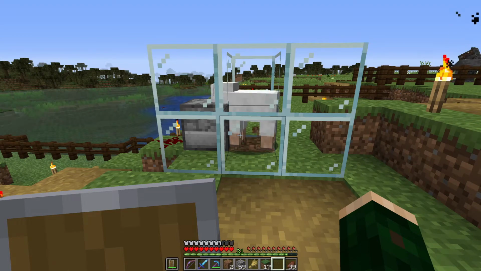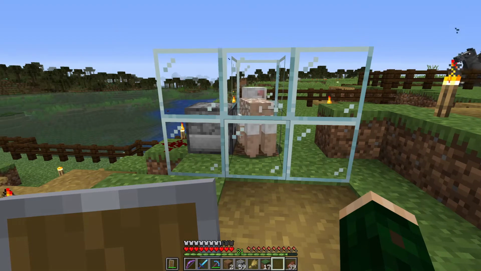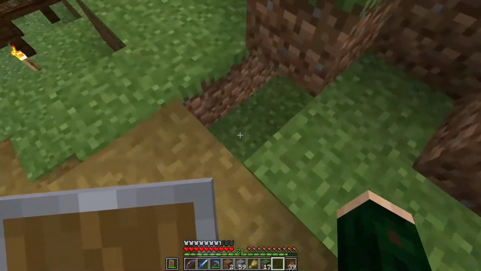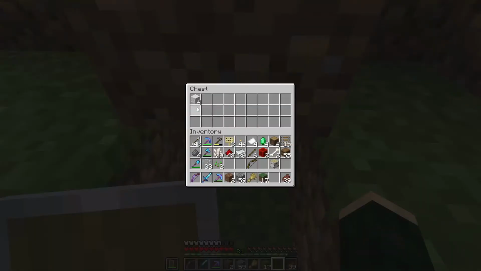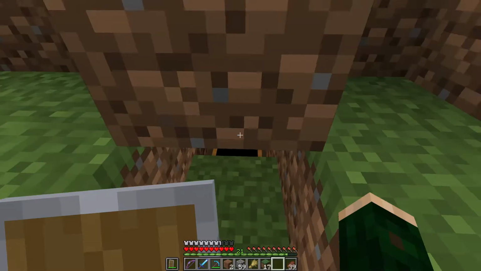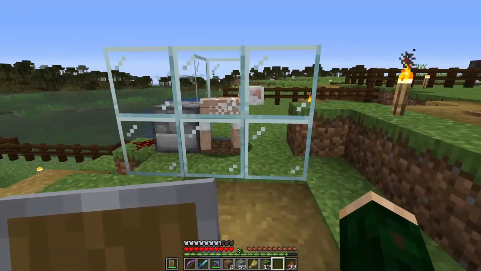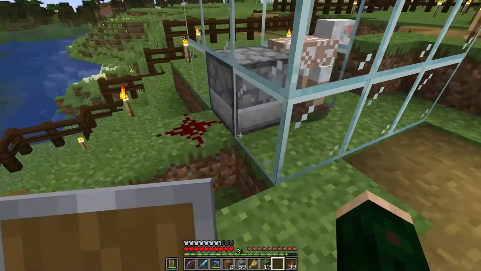There we go. He ate. He grew wool. He was sheared. And looks like the system collected the wool also. Yep, now we have 4 instead of 3. When you shear a sheep, you get between 1 and 3 blocks of wool. So sometimes there's a lot, and sometimes there's only a little. And that time there was only a little. But that's okay. I didn't have to stand here and...